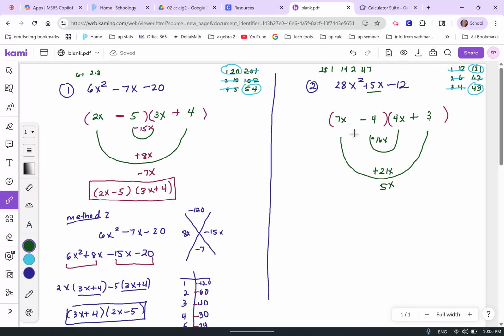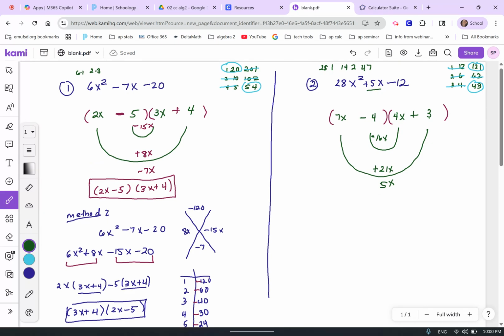So I just factored this, and now we're going to use, so this is the factor. Now I'll just write it on the side so it's easy to see. Now let's use the split the middle technique, so that's the second method. So I'm just rewriting the problem so it's easy for you to see. And with the split the middle technique,